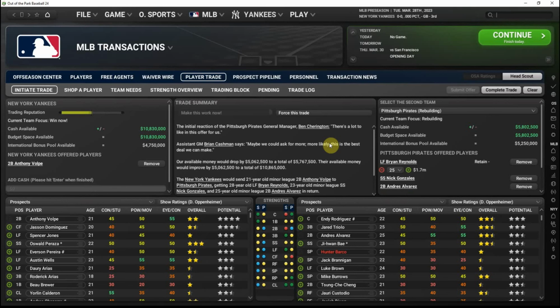And we kind of switch things up here on the easiest trade settings. We know that we can get a haul from the Tigers, and I'll show you what that haul could be. But when I went through the list of players that were offered straight up for Volpe on the easiest trade